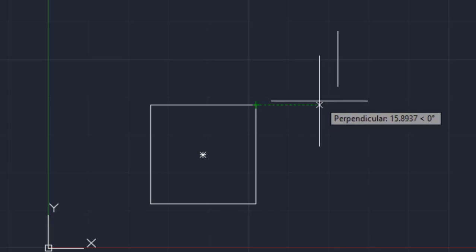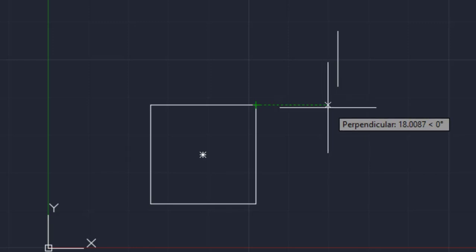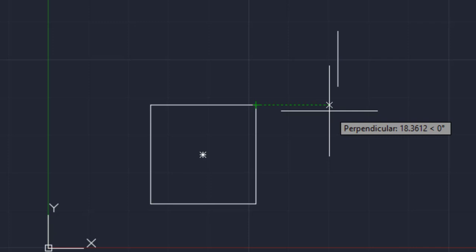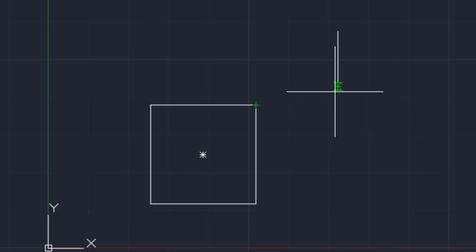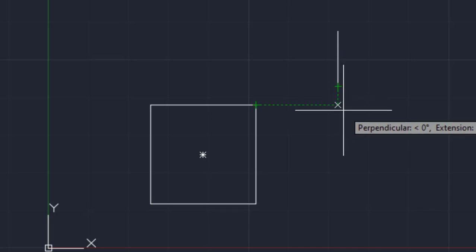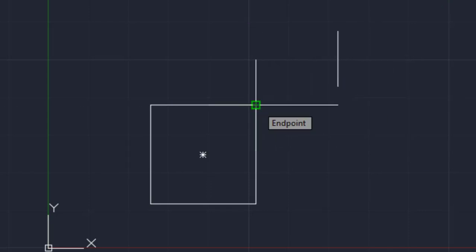See, even slight change of the cursor also, it will create the point just on the track line only. And similarly I can track from here. See, just hover over, automatically it will detect the intersection point, it will click there. See, if I click here, it is created just on that tracked intersection point.